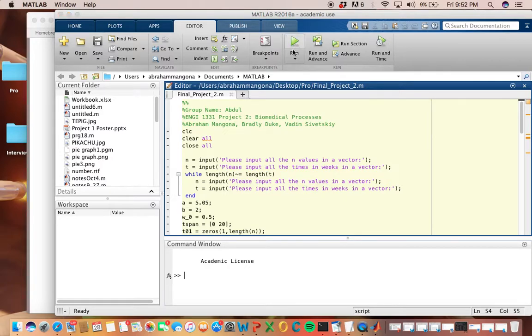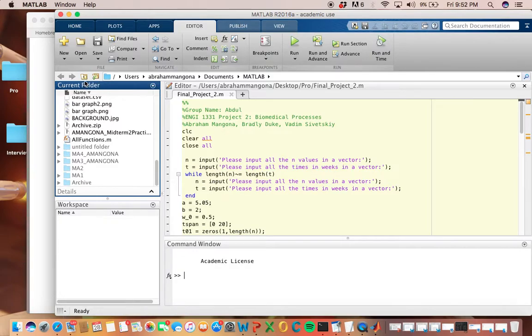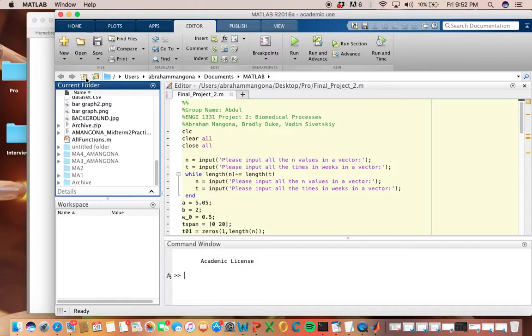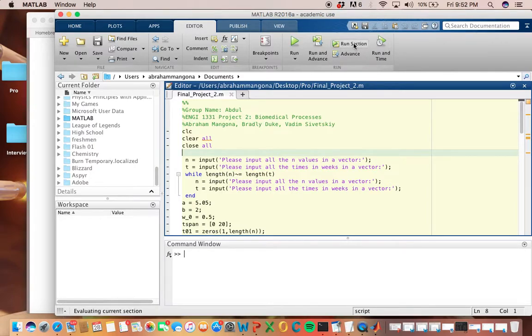I'm going to do run all. Well, let's not do that. Let's just run this section. I am not in the right folder right now, but I guess I could go to that folder. Oh man, this is gonna take like a lifetime. Okay, I'm going to click this. Okay, it doesn't matter. I could be in the right folder or not, but I'm going to run this section